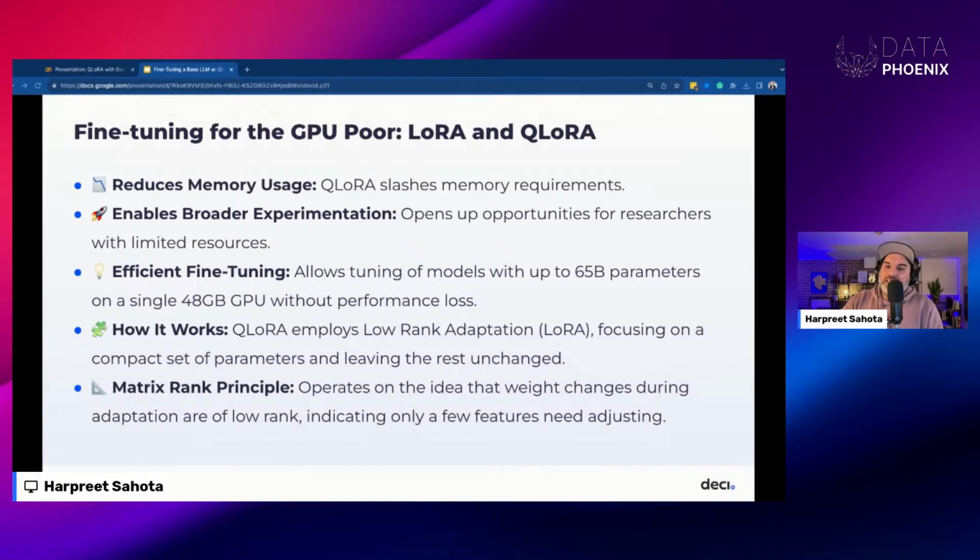So QLoRA was introduced in May 2023 in a paper by Tim Dettmers and others, and it was called QLoRA: Efficient Fine-Tuning of Quantized LLMs. So QLoRA stands for Quantized Low-Rank Adaptation. So it's a PEFT method that really reduces memory usage and allows for fine-tuning of large language models to be more accessible and more efficient, because QLoRA essentially is